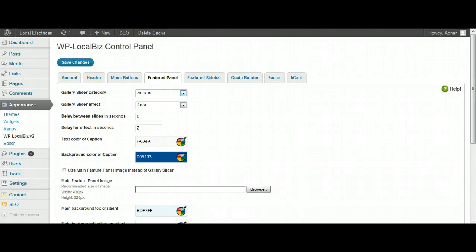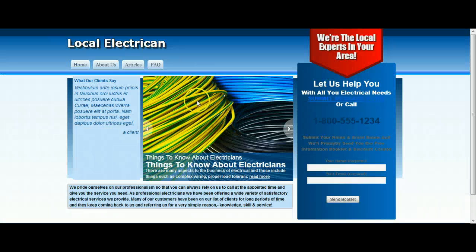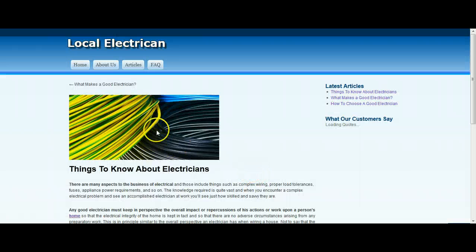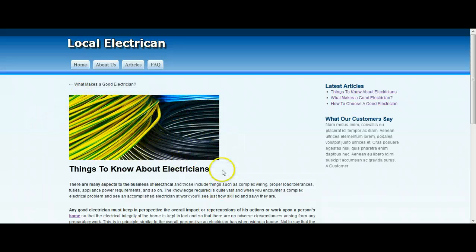Now, that deleting of the images I did isn't entirely necessary, but what it would mean is on the actual post itself, if we go here, if we hadn't deleted that original image, we'd have two images the same here, a square one and an elongated one. So I just deleted the default image there. That's it, folks. That's pretty much how you go about